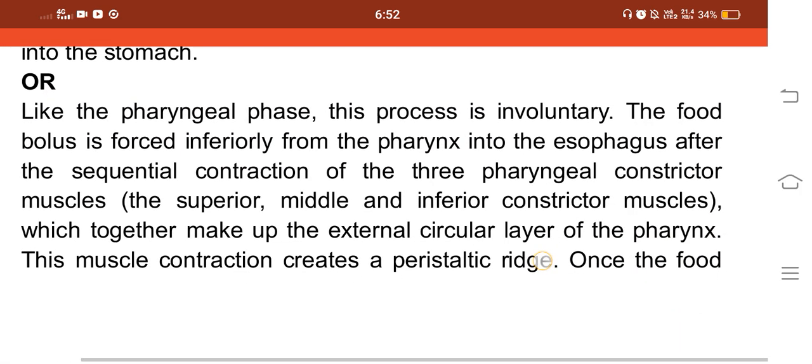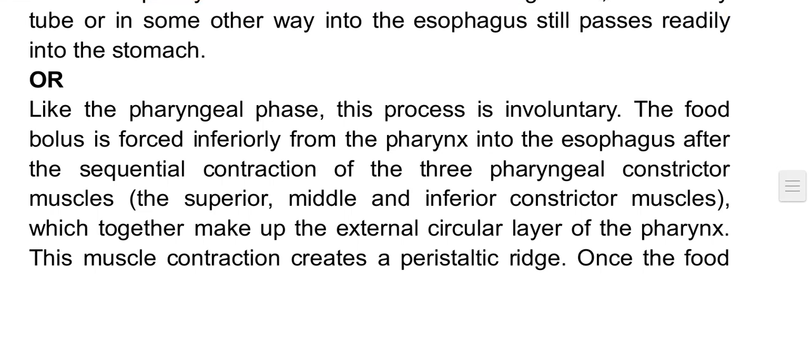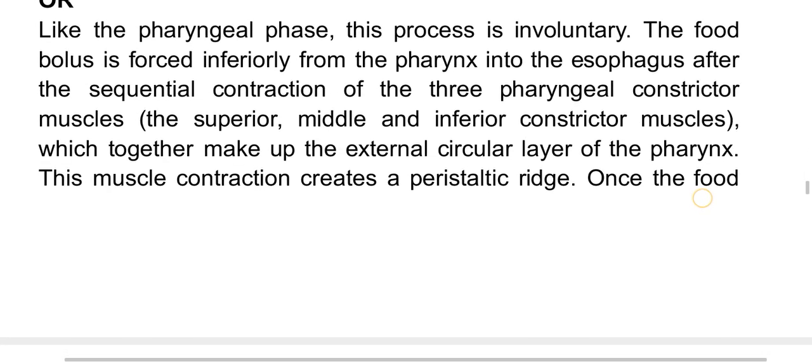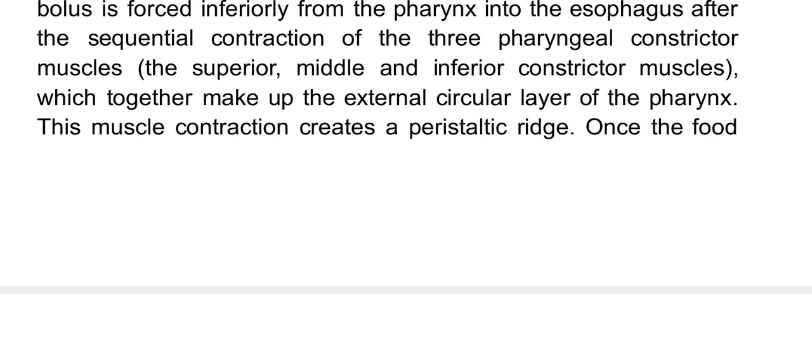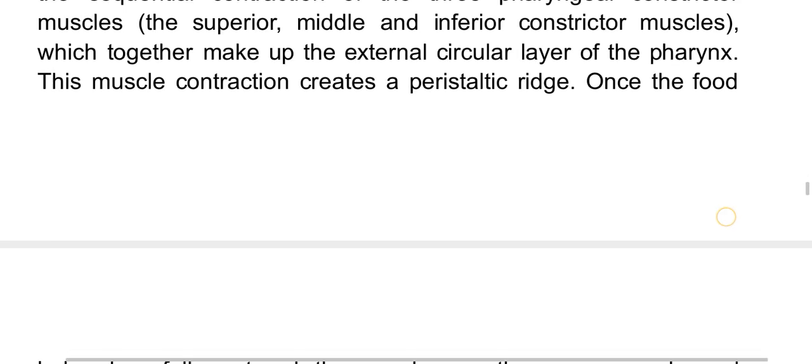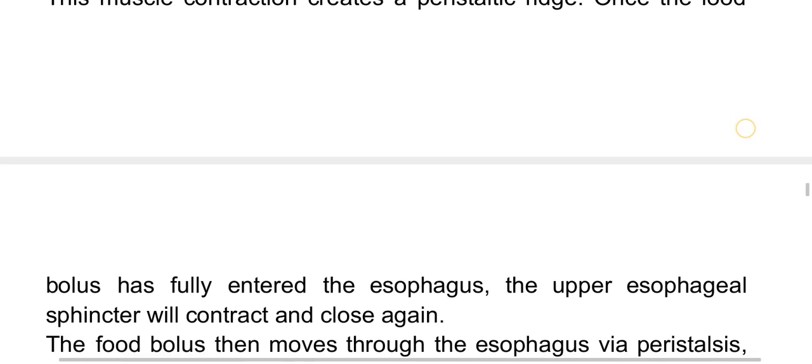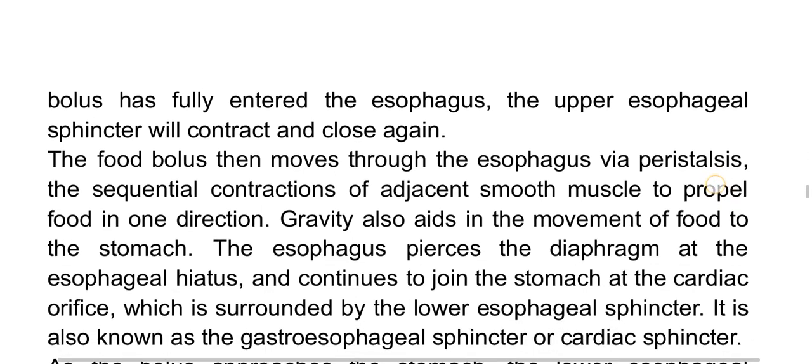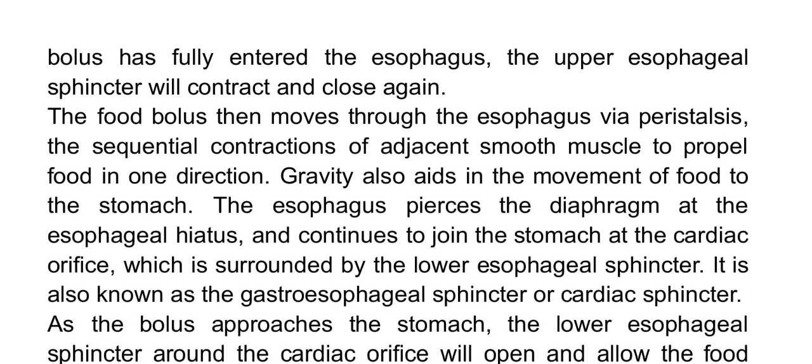The food bolus is forced inferiorly from the pharynx into the esophagus after the sequential contraction of the three pharyngeal constrictor muscles, the superior, middle, and inferior constrictor muscles, which together make up the external circular layer of the pharynx. This muscle contraction creates a peristaltic ridge. Once the food bolus has fully entered the esophagus,